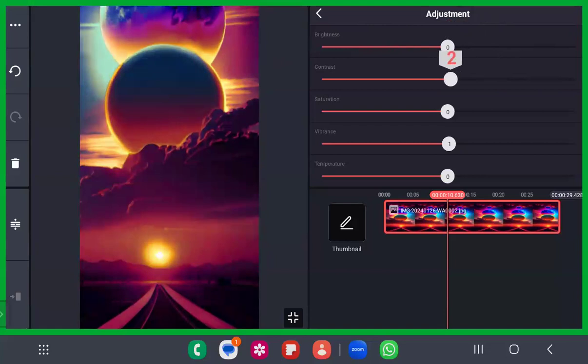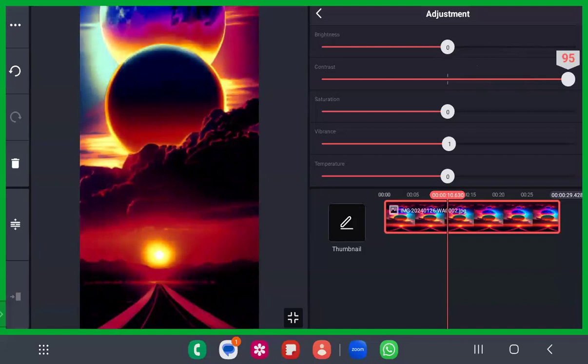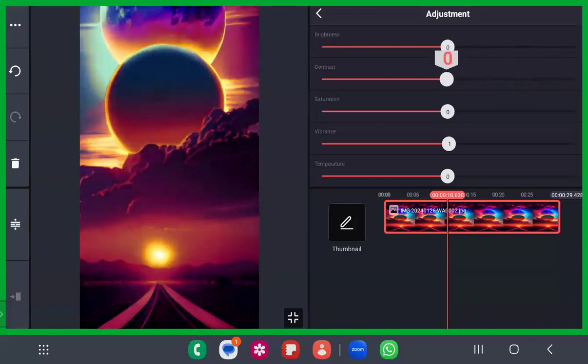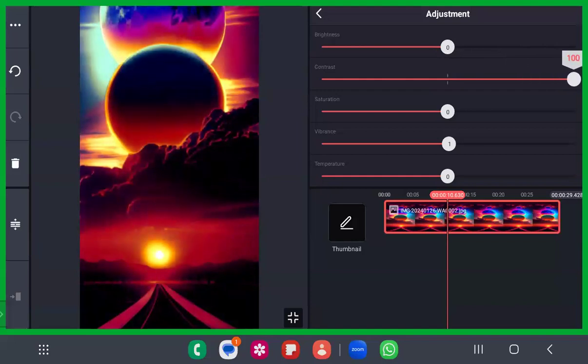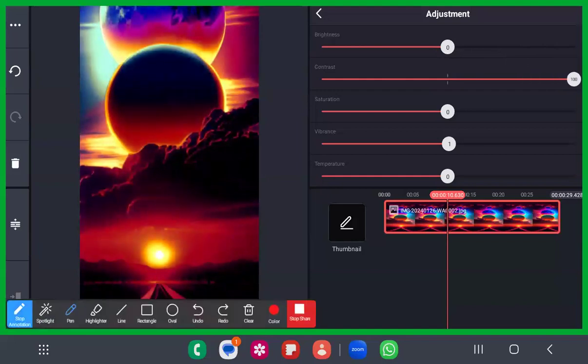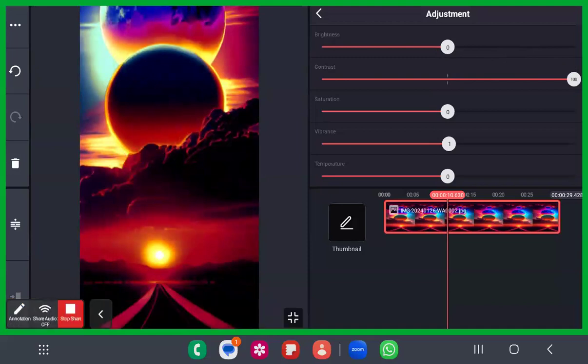Okay, there is something called contrast. What does contrast mean? Can you all say? Contrast is nothing but how striking this photo can look. We can increase the way this photo looks. For example, it is not so in depth. When you move this contrast here, see how each of the designs, for example the clouds, appear in a very striking manner. So you can increase the contrast.